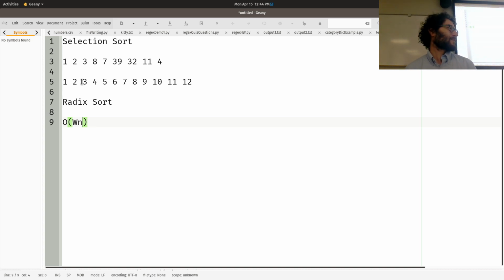So it's really great if you're sorting one-digit numbers, because that's now an O of n algorithm. But what actually makes it interesting is that you don't have to do any comparisons. It's just exchanges, and it uses a queue to do all the sorting. Specifically, since we're going to be sorting 10-digit numbers, it's going to use 10 queues to sort